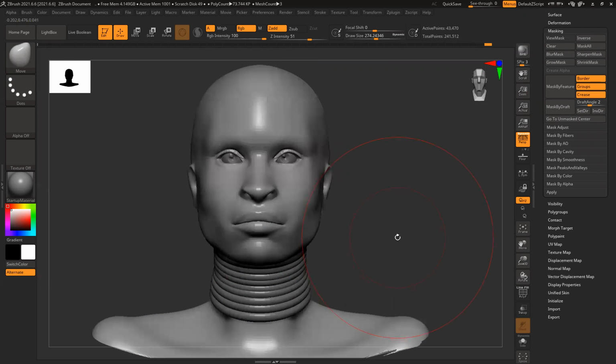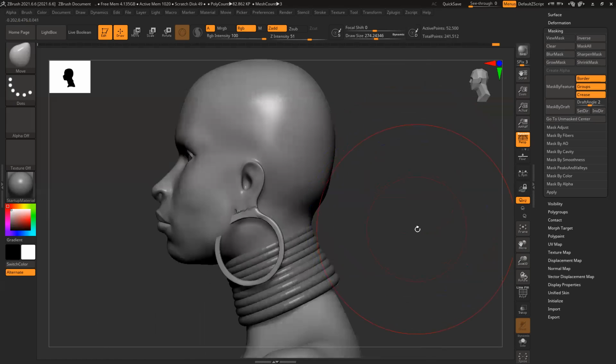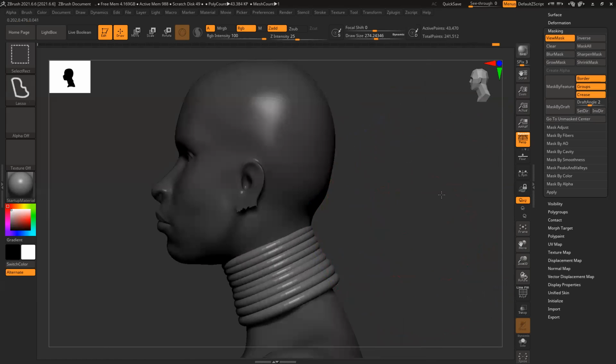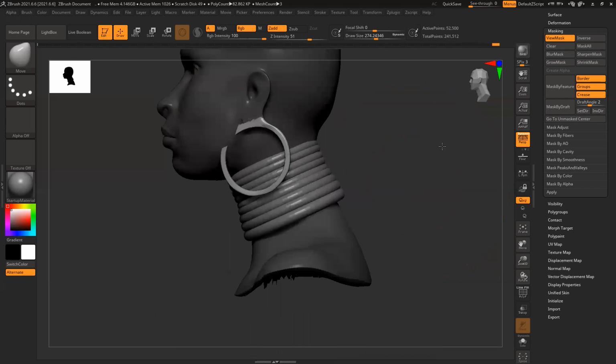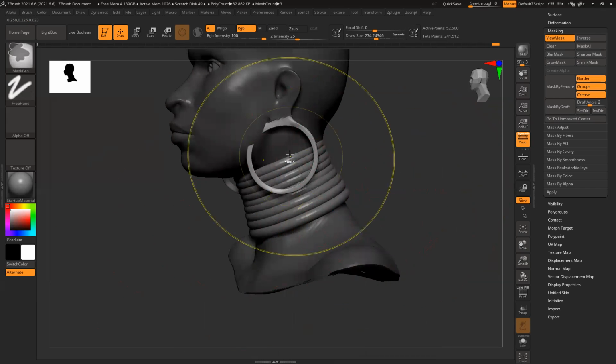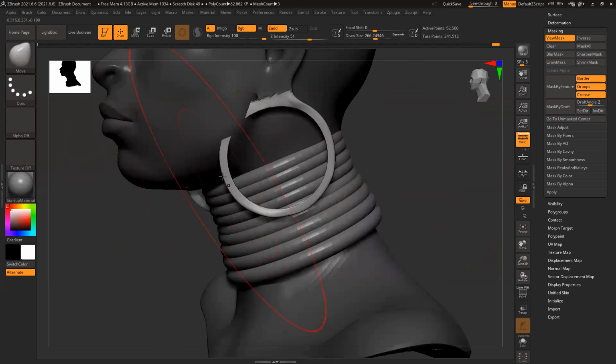Fix those things. Okay, so now I can just cut it off from here. I moved the height here and then I moved it, that's why.